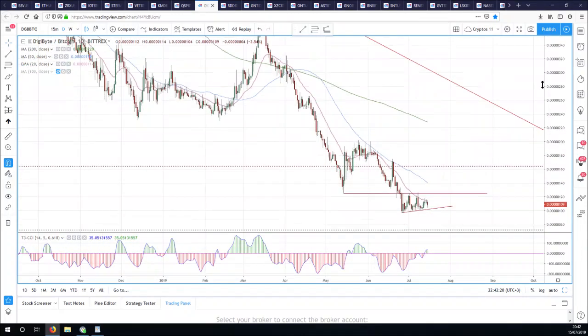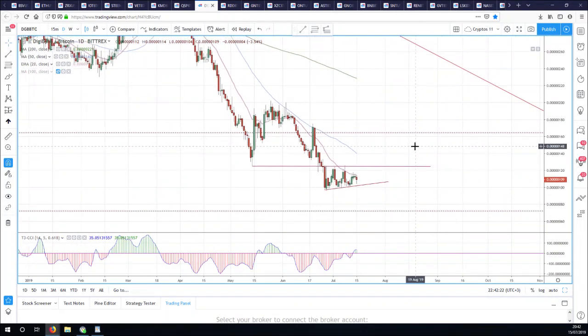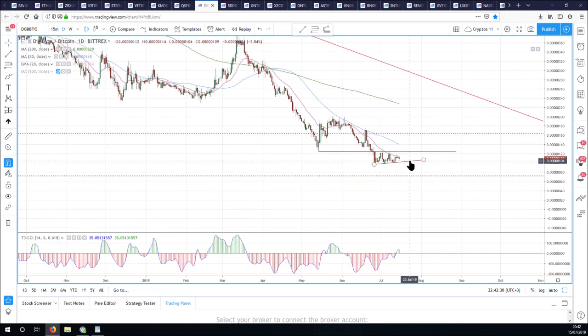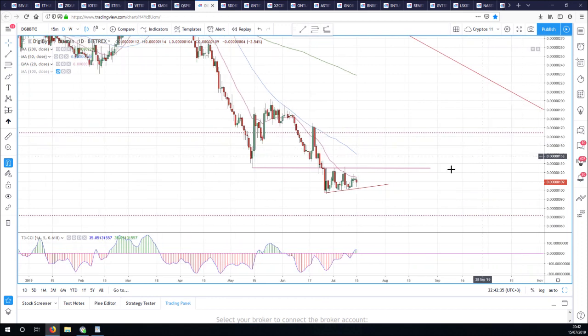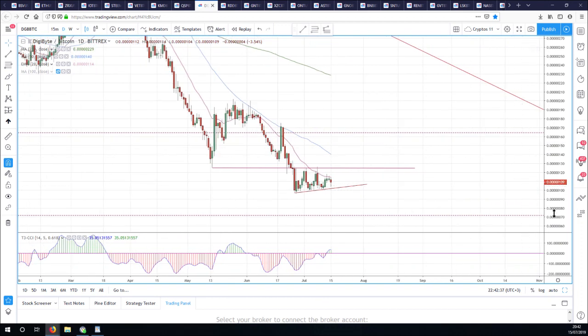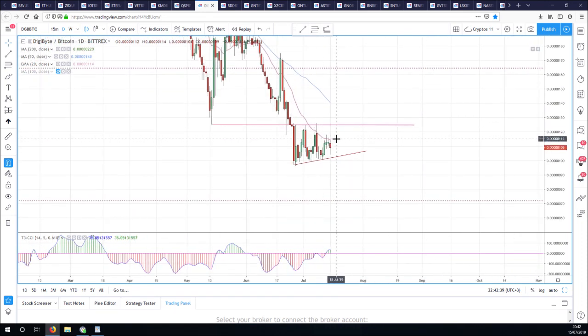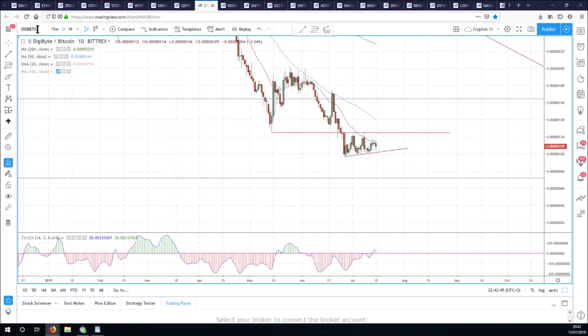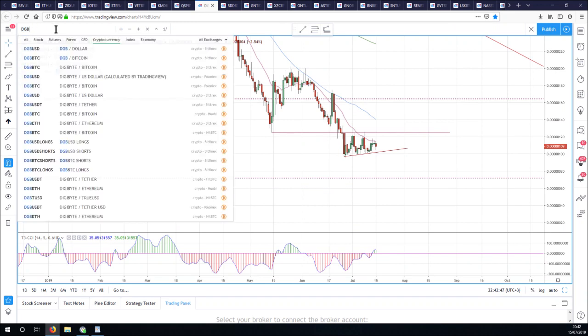If I hadn't got any, I wouldn't be tempted to jump in at this point, but I would pile in if we got above 126. I think that would be a pretty decent sign of a reversal. Your early warning sign would be a close above this 20 moving average, which we haven't been able to do for the last 3 days. That at the moment is at 115. So we're holding our own against Bitcoin.